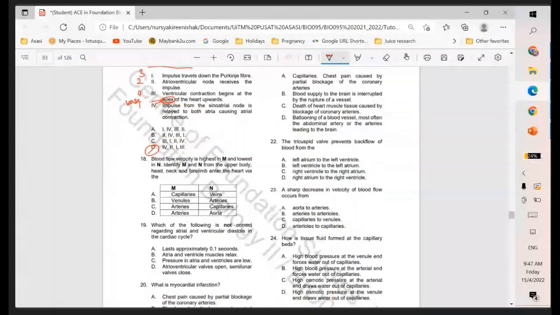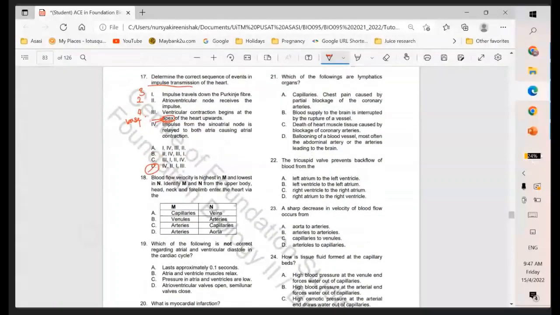Okay, so 18. Siapa? Afifah. Blood flow velocity is highest in M and lowest in N. Identify M and N from the upper body, head, neck, and for limb enter the heart via the answer is